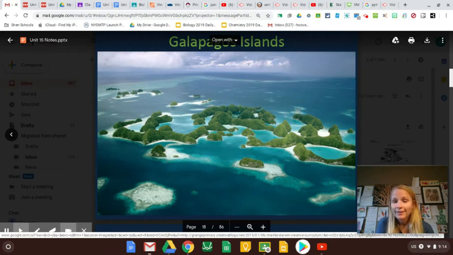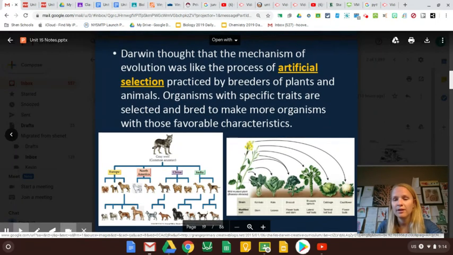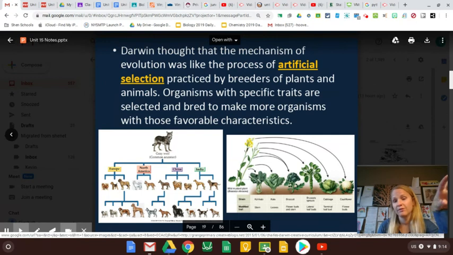So why would islands be a really good place to research evolution? Because you have these isolated little places, and you can see how things developed in different ways when they're isolated from each other. So he thought, okay, so remember selective breeding, where we chose the cutest, fluffiest wolves